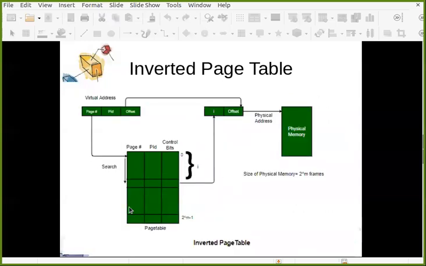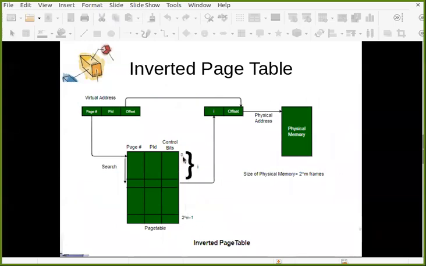So can we do something like this? See now, when you have this virtual address, which may contain page number, offset, and there may be some PID. So this is nothing but a page table which is based on the frame numbers. So totally there are 0 to 2^m minus 1 frames.